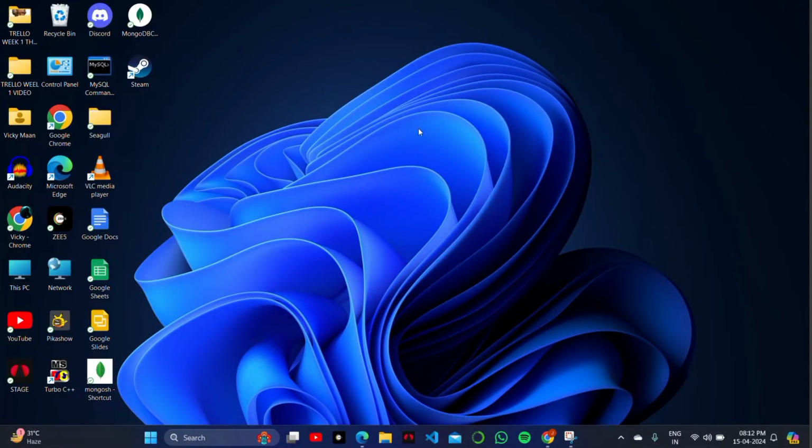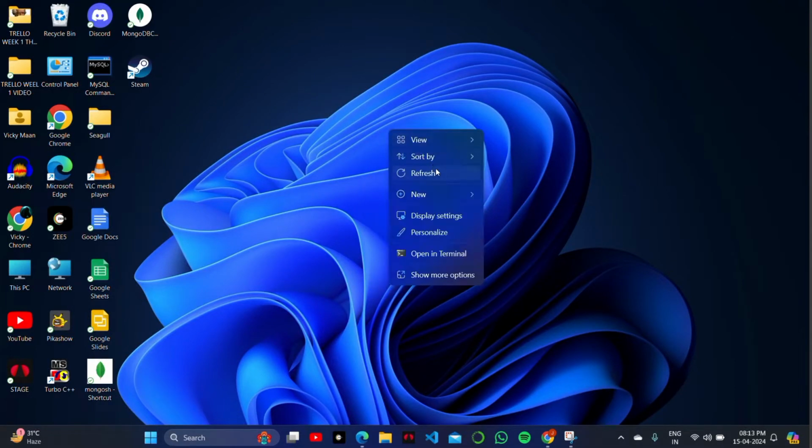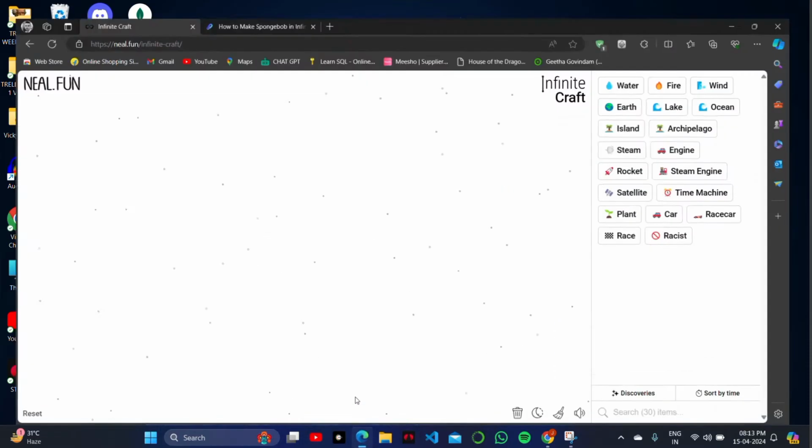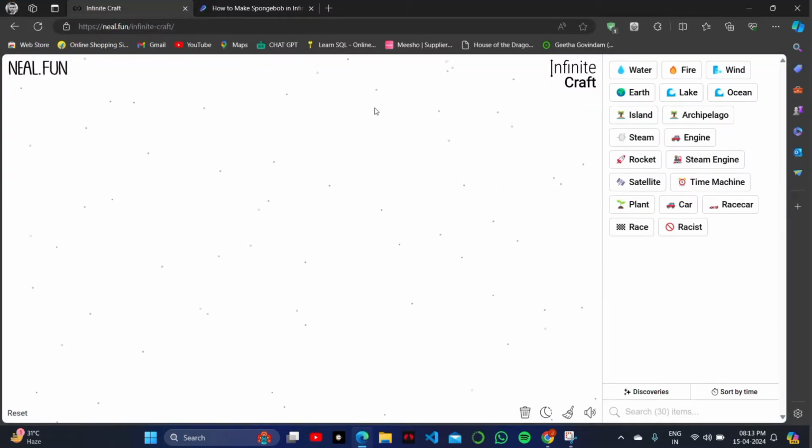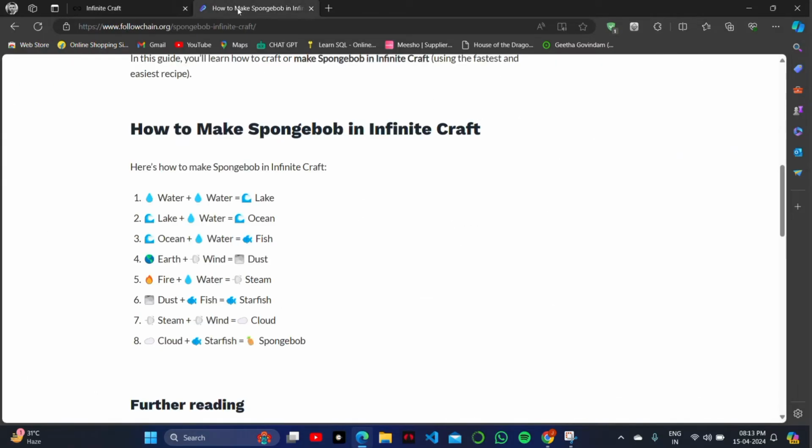How to create or make a SpongeBob in Infinite Craft on your mobile, website, or desktop. For this, I will simply open my Infinite Craft game application here and log in with my account. After that, here are the steps by which you can create a SpongeBob in your